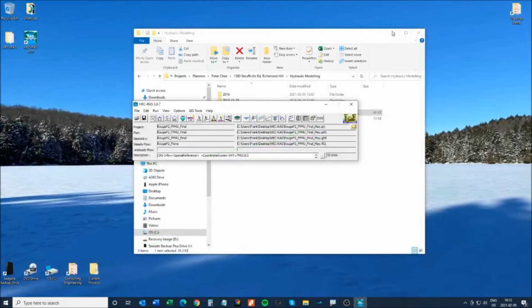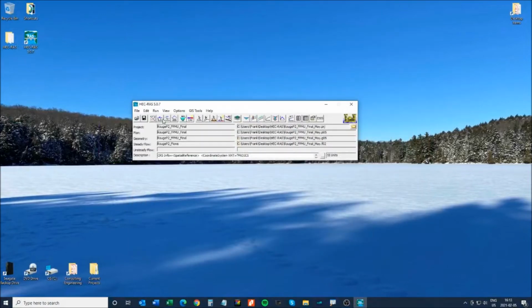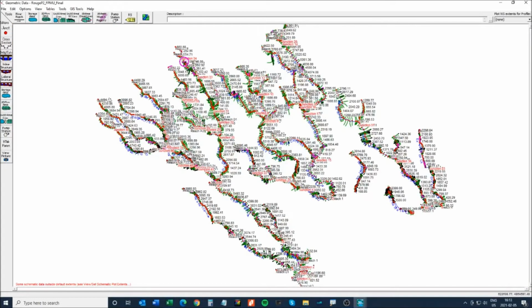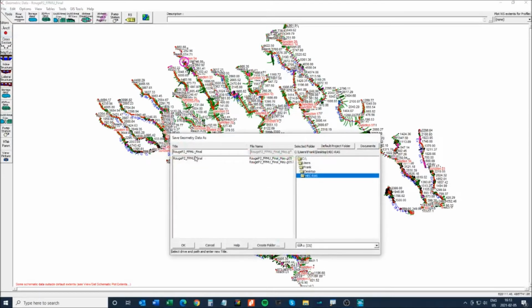So we'll go back out in here and we'll go save geometry data as, we'll keep the base name of it, but we will call it